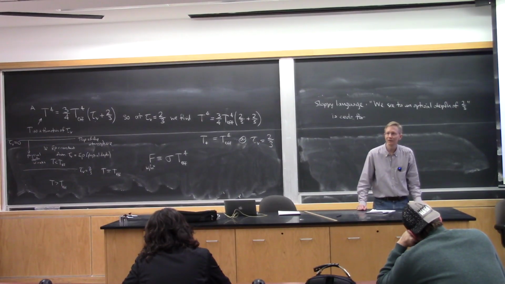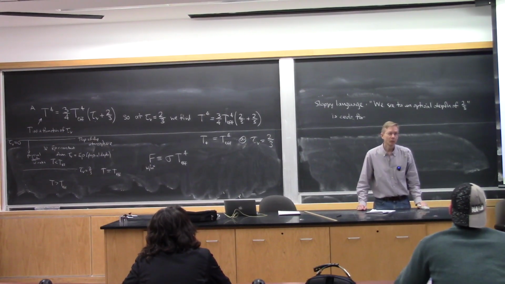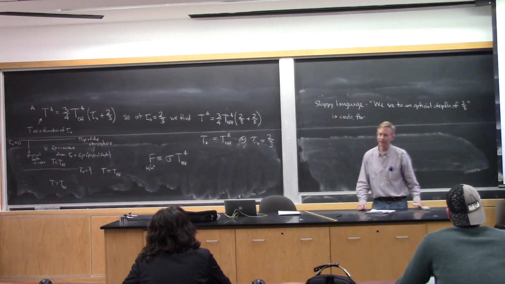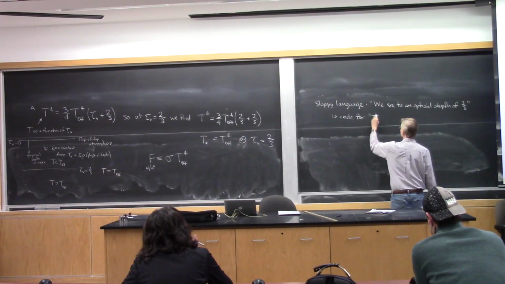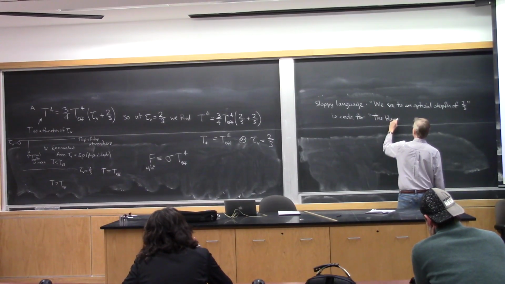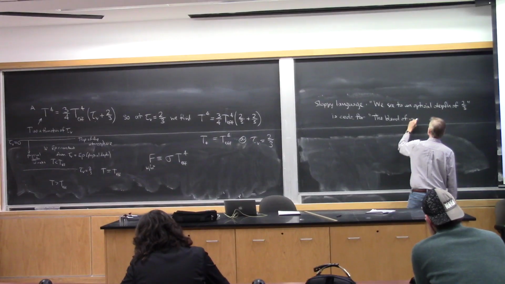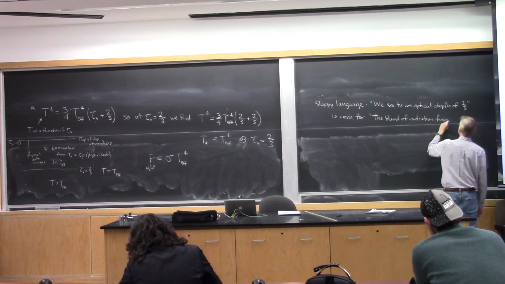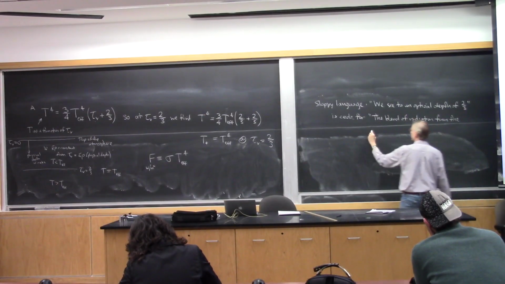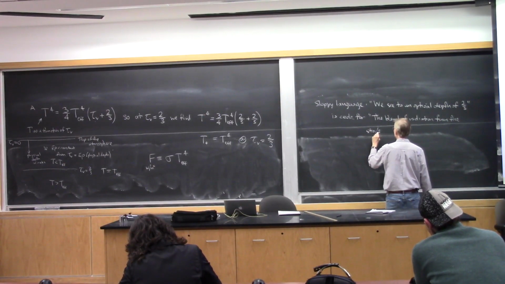The people that know something, right? Wink amongst ourselves. We know what this really means, right? Is code for the blend of radiation from the star's surface layers